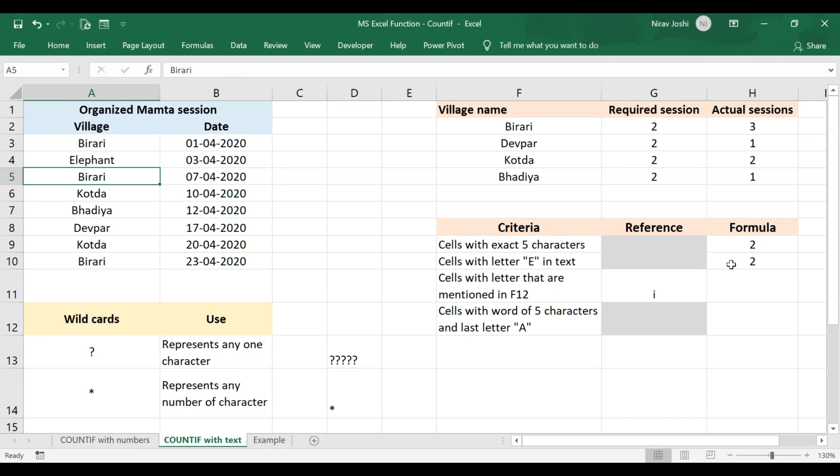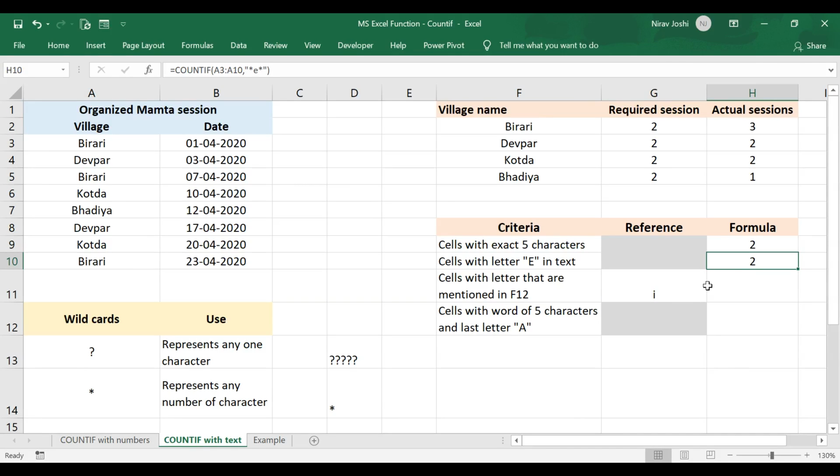Then also it will not change because it will still count E in that specific word. So by this asterisk we can calculate the number of cells in which a word is there with a specific criterion.